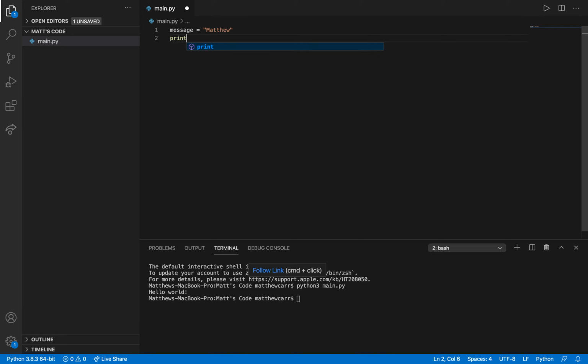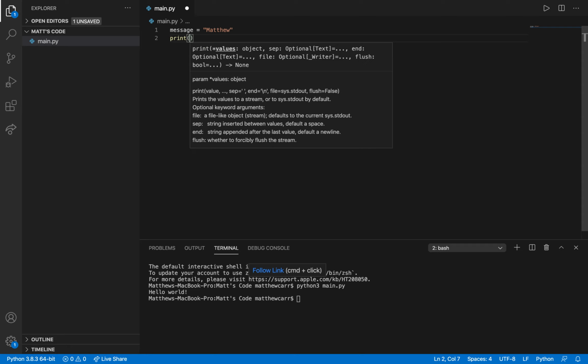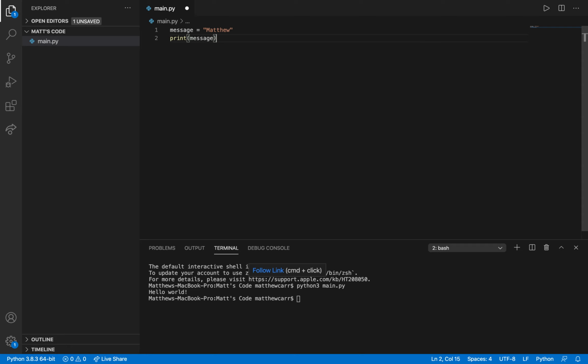So now message is storing that value of Matthew. And if we do something like this, call our print function and put the variable message inside of it, what do you think it's going to print out when we run it? And a quick tip, if you just hit up on the arrow key, like I'm doing now, then I'm hitting down, it goes to the most recent command that you put into the terminal. So this is quicker than typing out python3 main.py all the time.